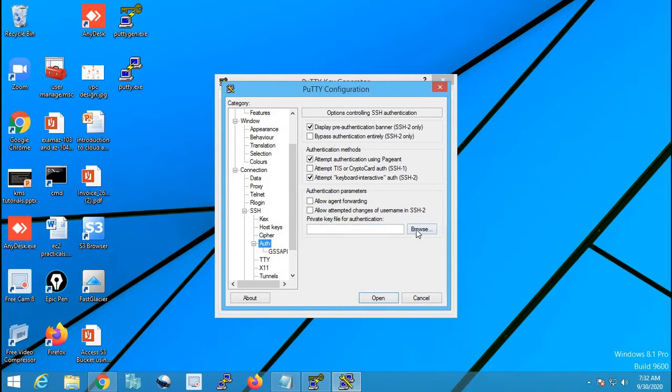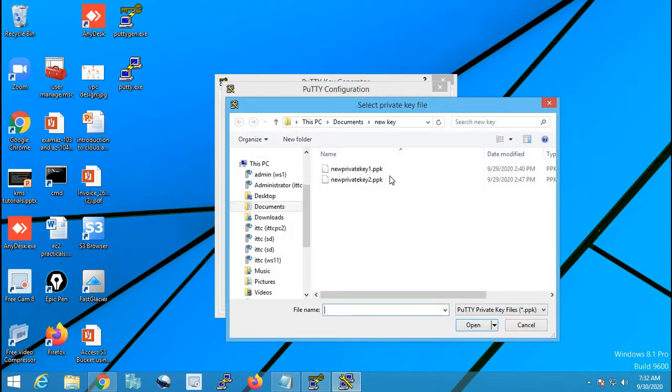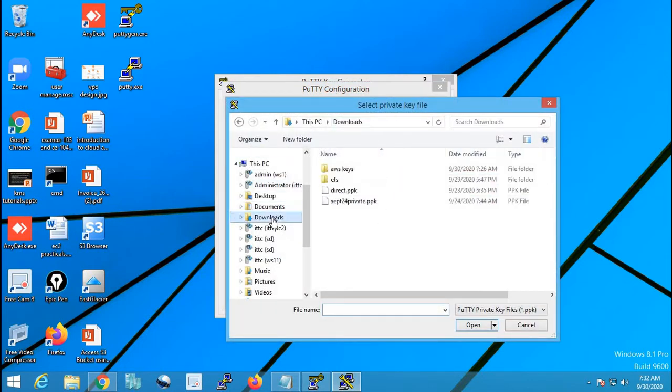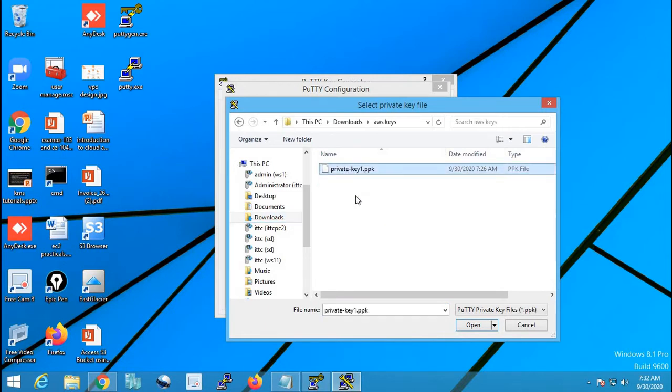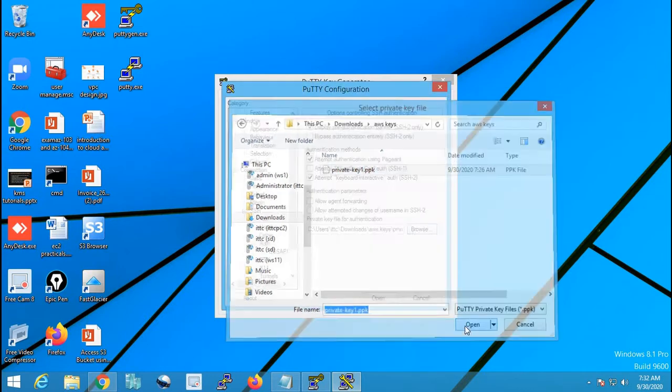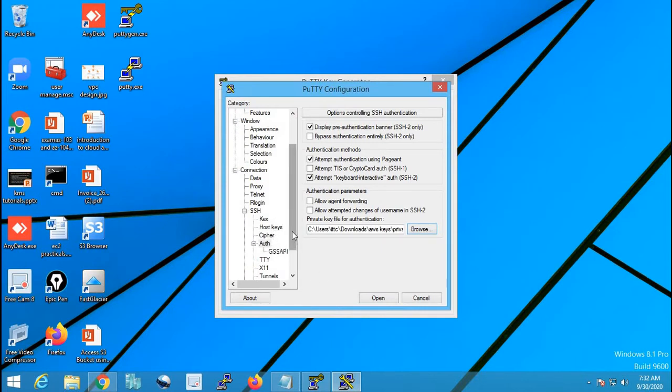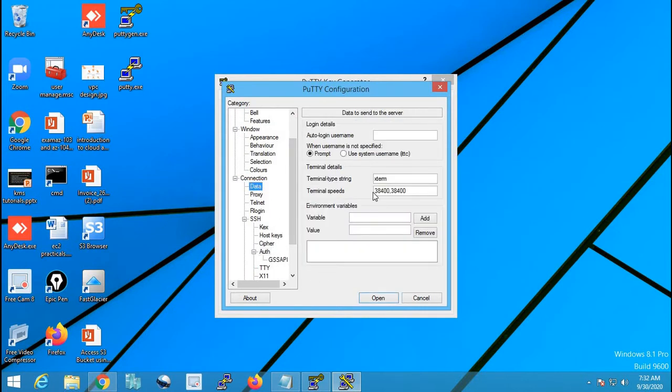Yeah, we have two keys, one is a public key and one is a private key. So let me look in downloads, AWS keys. I can go for private key 1. So yeah, this is the correct location we saved from PuTTYgen. Now I'll say open. Then let me go to data and say auto-login is ec2-user.